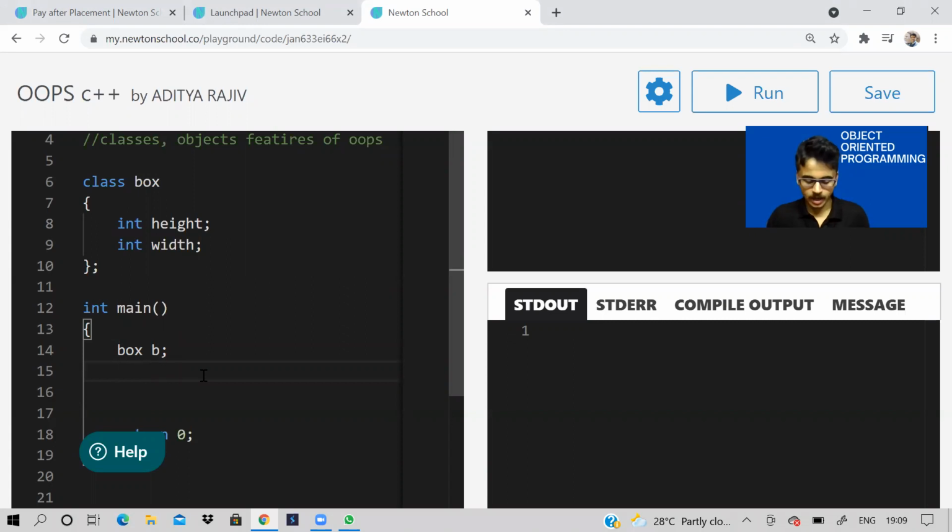Suppose I want to know what is the height of the box, or I want to set the height of the box, anything. If I try to access these parameters now, then I will get an error, because these are private and there is a rule: if data members are private to a class, then we can't access them outside the class.